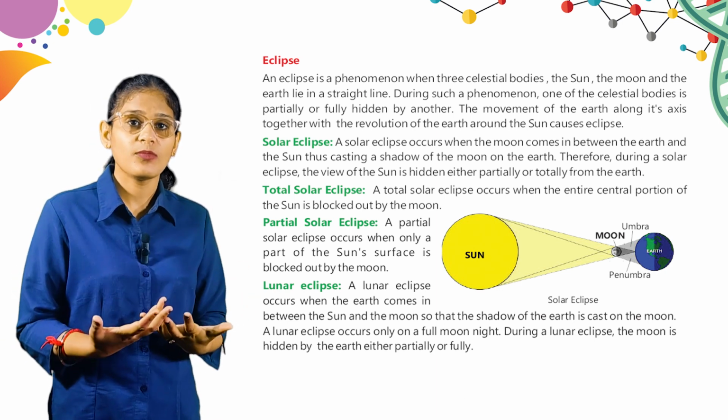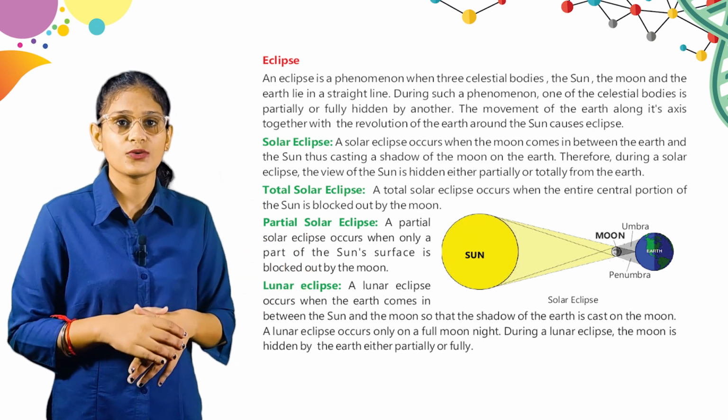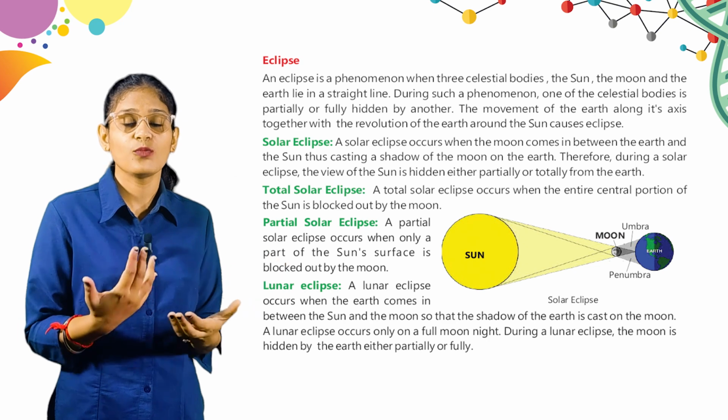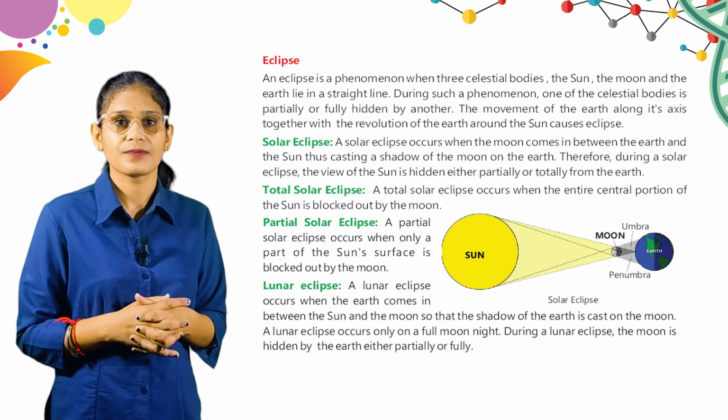सो स्टूडेंट एक्लिप्स कब होते हैं? जब आपका सन, मून और अर्थ तीनों स्ट्रेट लाइन में प्रेजेंट होते हैं और आपकी कोई एक बॉडी किसी एक बॉडी को फुली या फिर पार्शियली हाइड करती है।